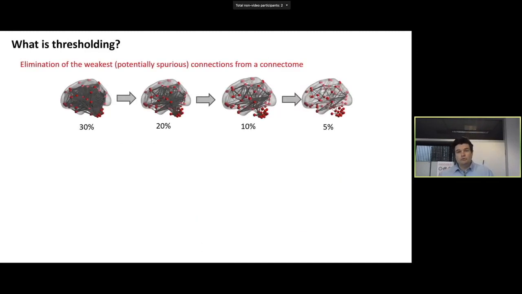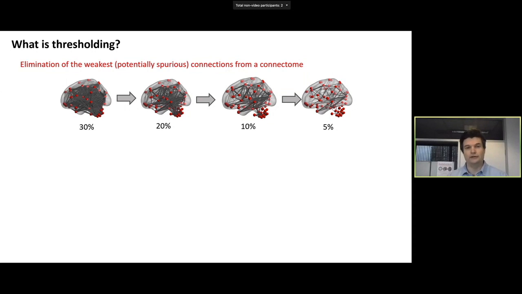So, connectome thresholding. What is thresholding? Well, thresholding is performed immediately after the connectome has been mapped, whether it be a structural or a functional network. And it simply involves removing the weakest connections from the network. And this can be done in an incremental way, and it continues until we've reached our